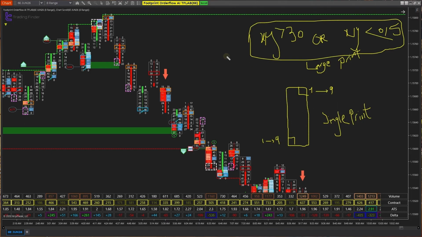So if I have a large print at the top, like here, see? Here, this number, which is 24, should be a number between 1 to 9 and